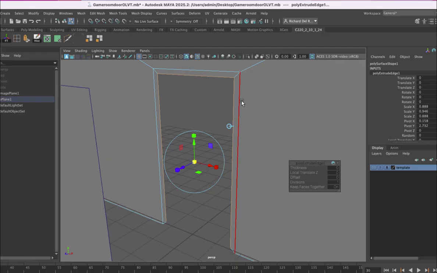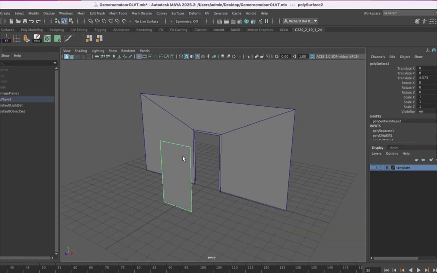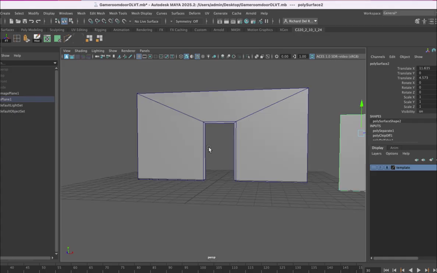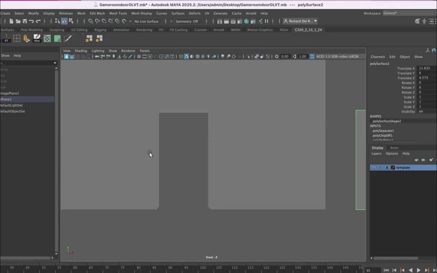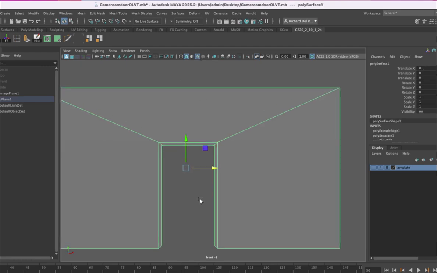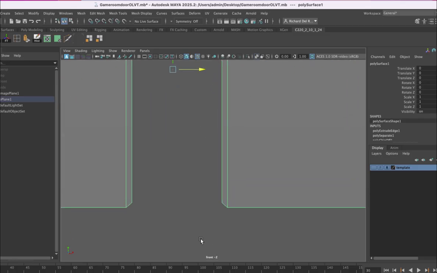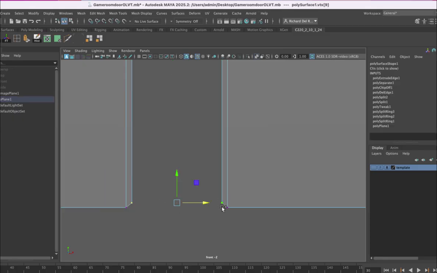And now that I have what I want, I'll return to my object mode. I'm going to move the door surface out of the way for the moment. And if I look at the bottom of that surface where the wall is now, and again I'll click on the cube with the blue box in the middle of it, I have these edges that these two edges have to come down. So I'll right click and I'll choose Vertex and I'll shift select those two inside vertexes and I'll just